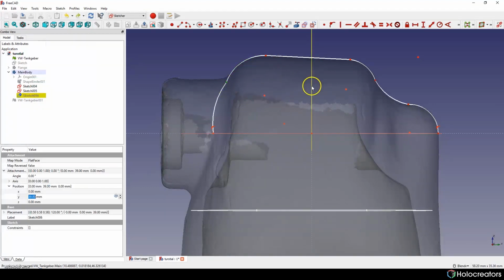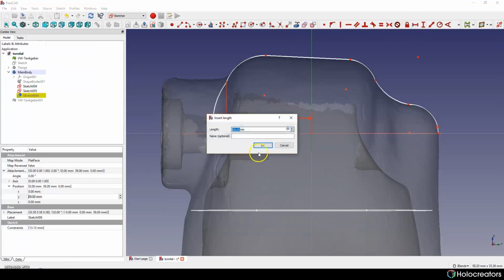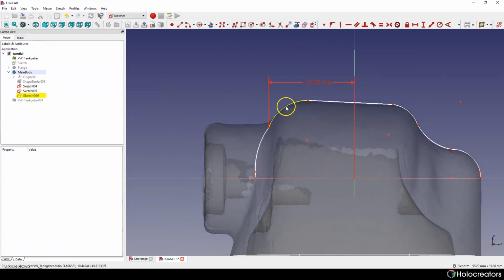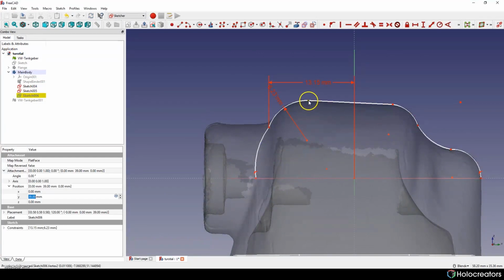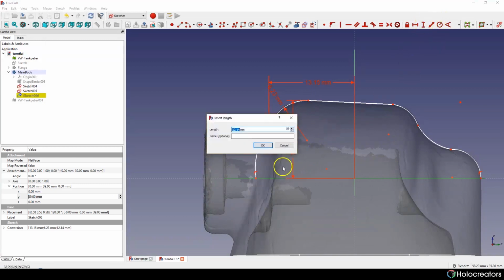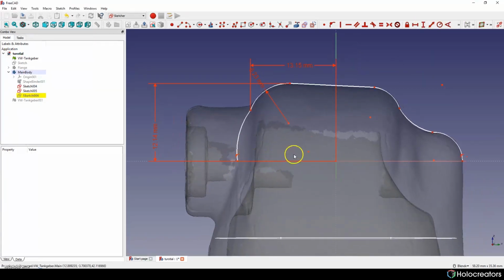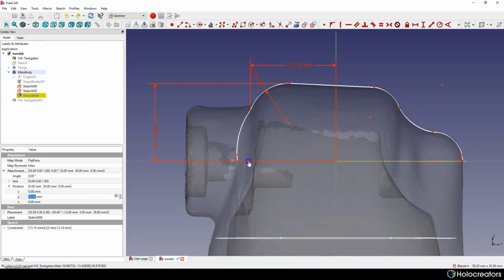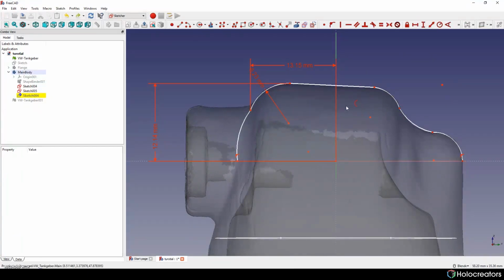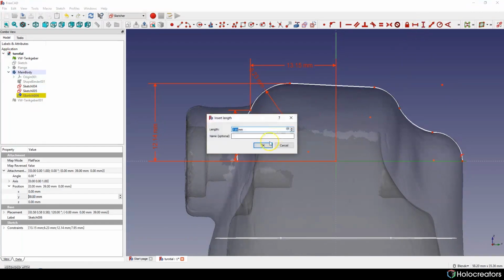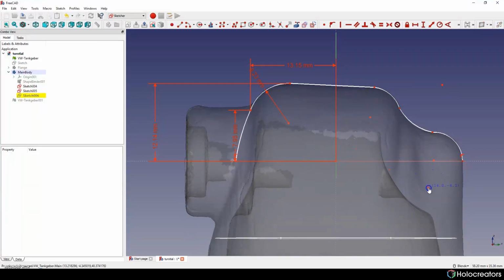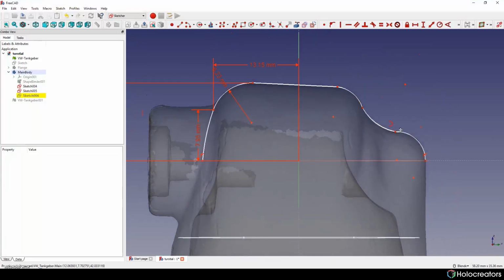Let's put some constraints on it, just to fix things in place. And now it works much better.